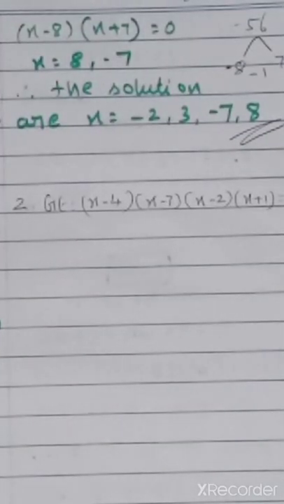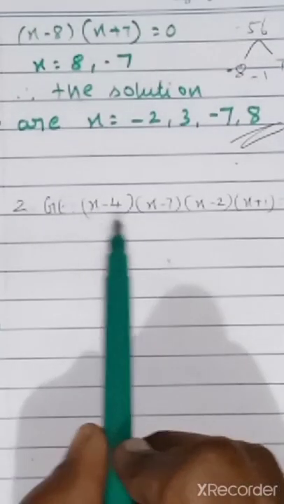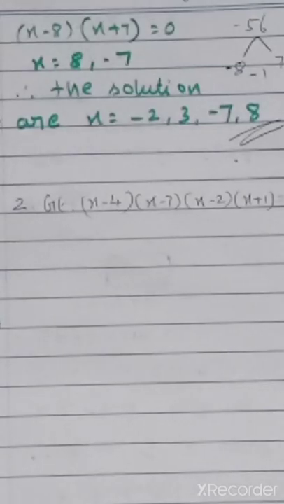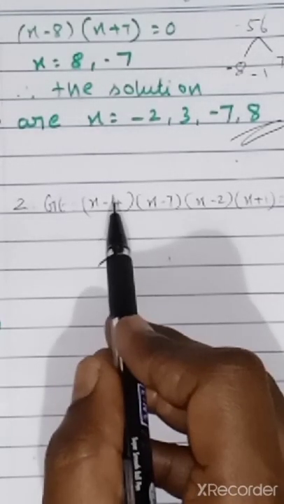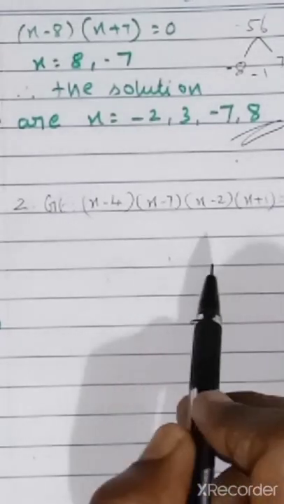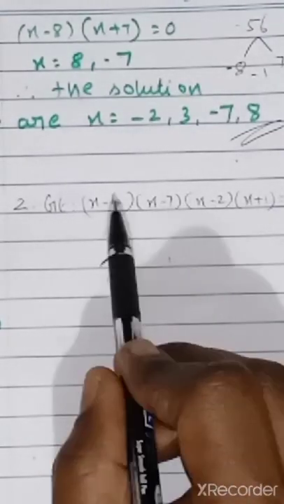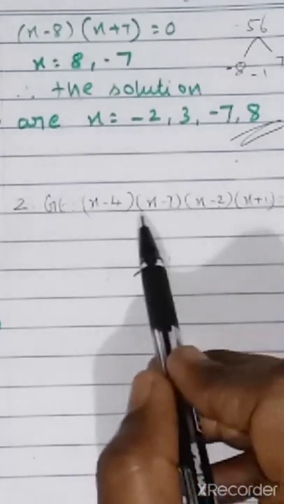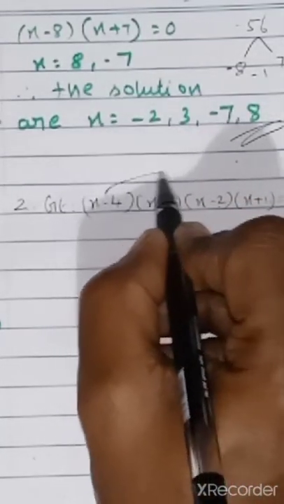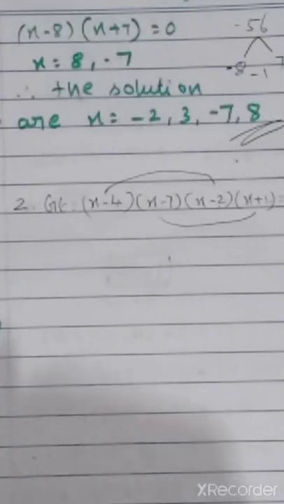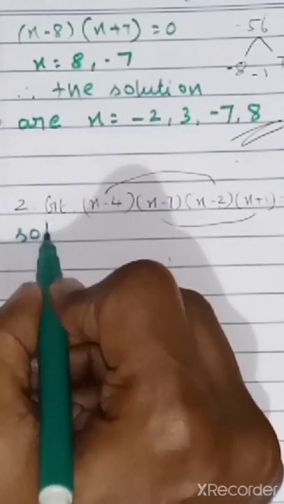And your second question, again 4 terms partially factored will be given, so we have to do grouping. So how to group? Okay, first let's check these two. -4 and -7 is -11, this will not give -11. Next if we take these two, -6, and this -7 + 1 is -6. So we can group them. These two we can group and these two we can group. Correct? So we can start this solution.